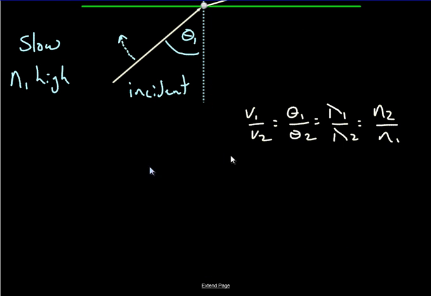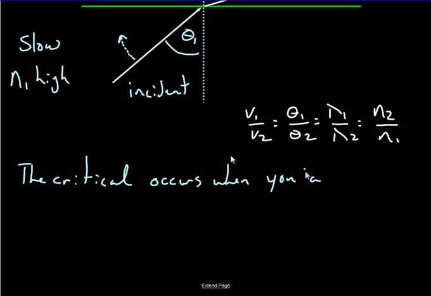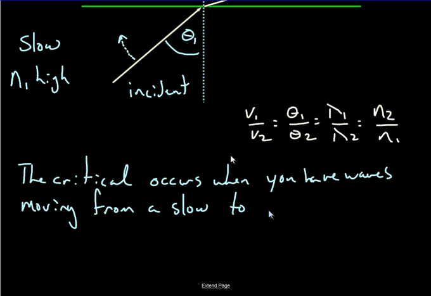Okay, so I'm just going to write that down, and then we're going to do some math with it. The critical angle only occurs when you're going from slow to fast medium. The critical angle occurs when you have waves moving from a slow to a fast medium. It is the angle of incidence,